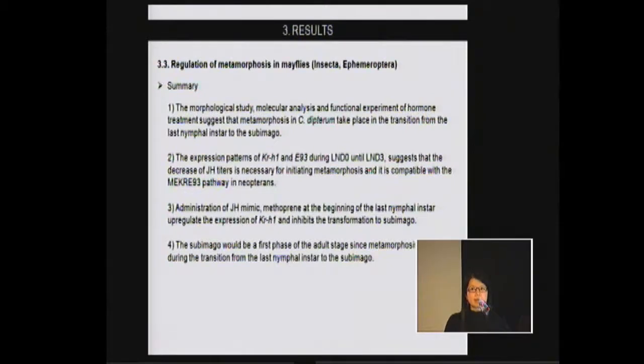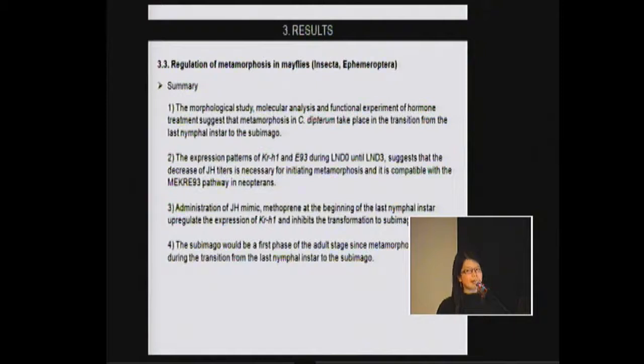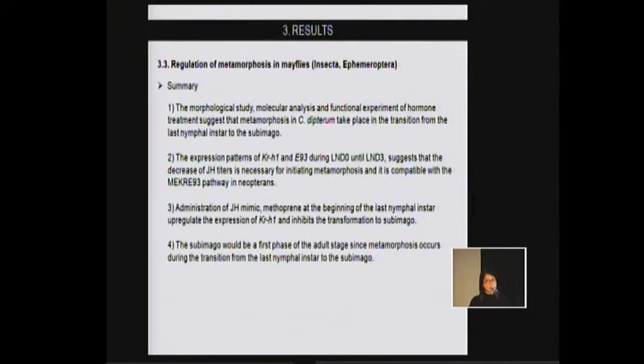From the expression pattern of the two key genes, Krüppel homolog 1 and E93, during the first day of the last nymphal instar until day 3, it suggests that the decrease of juvenile hormone is also necessary to initiate metamorphosis in this species, and is compatible with the